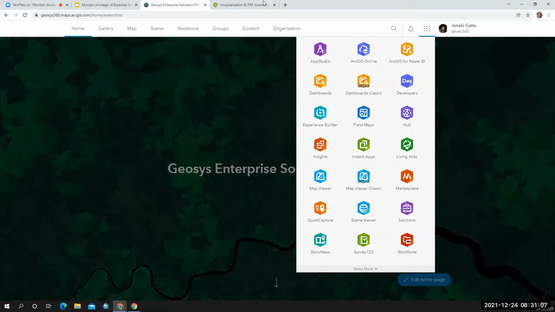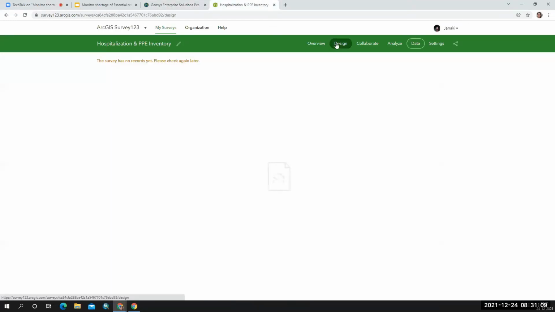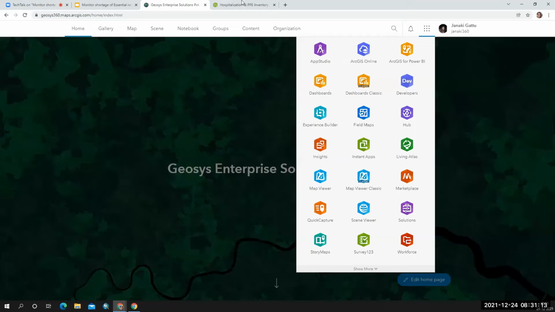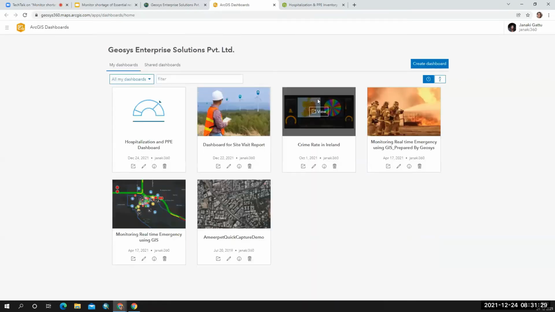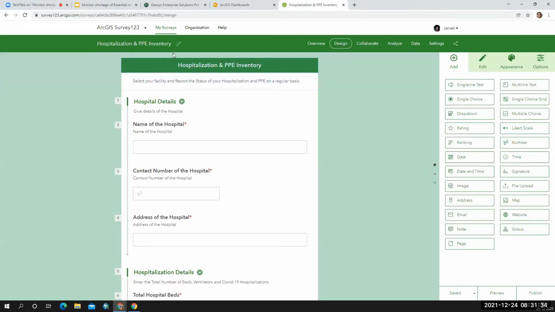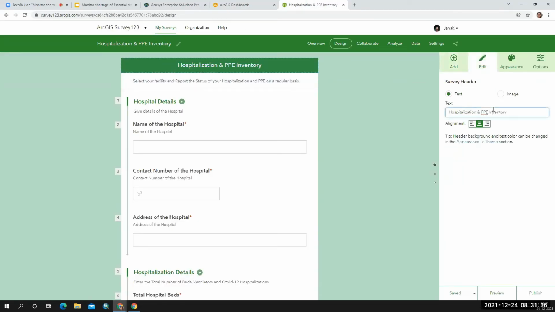Now this is for the people who are in the hospital who have to fill the form. But I want people who are the decision makers or the management to take these details and to take some decisions. So I want to prepare a dashboard. So I'm going to have the dashboard here created. Okay, so I'm going to create a dashboard. I'm going to give the same name.